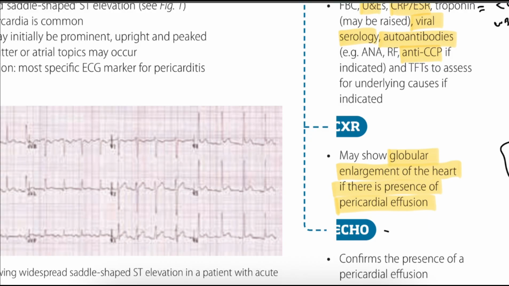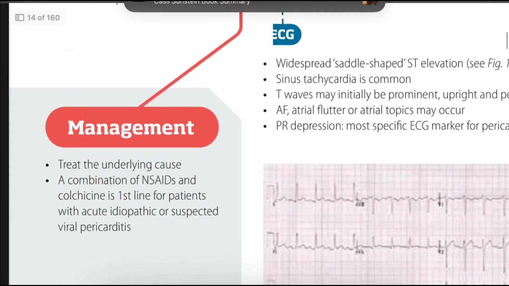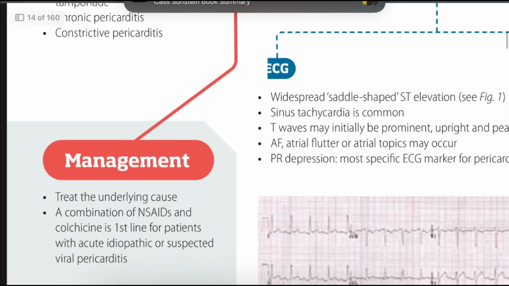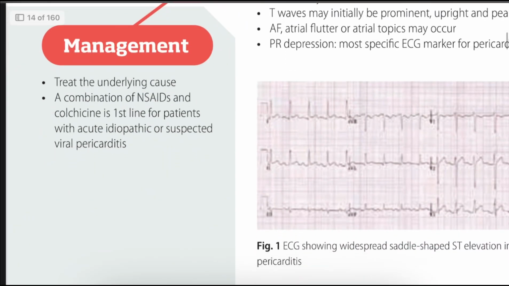So next we have management. Generally we have to manage that patient with bed rest, restrict strenuous activity, and we have to treat the underlying cause, and we have to monitor vitals, and serial echocardiography we have to do. So in first line therapy we have to treat the underlying cause. After that we have to start first line therapy, that is